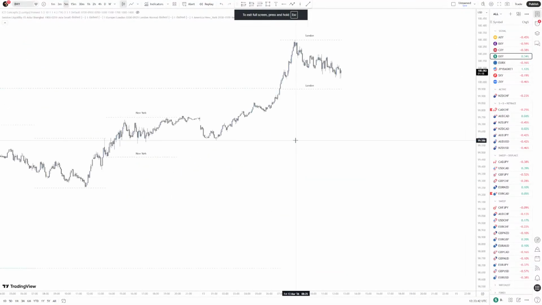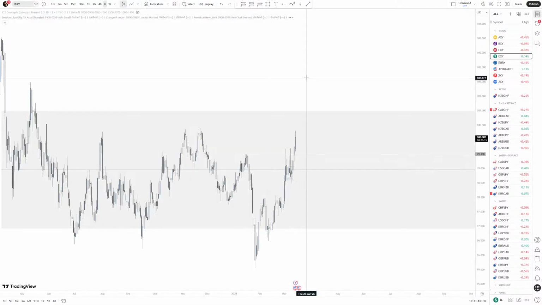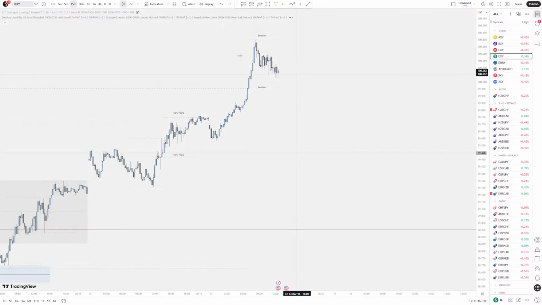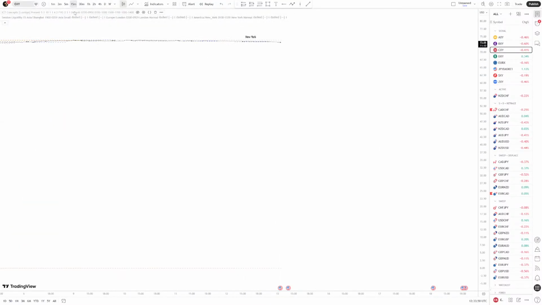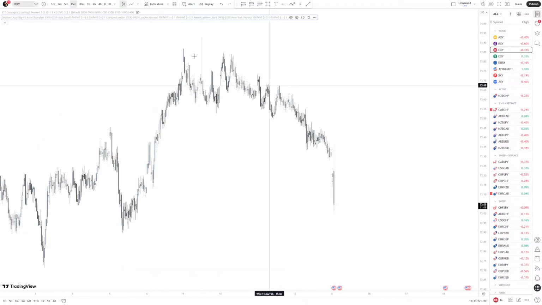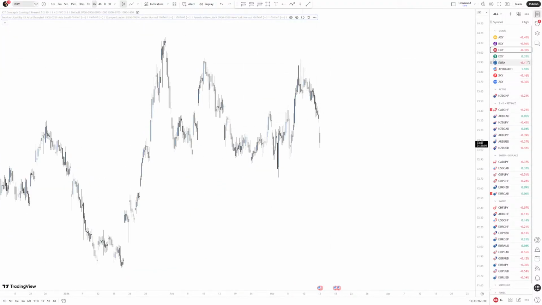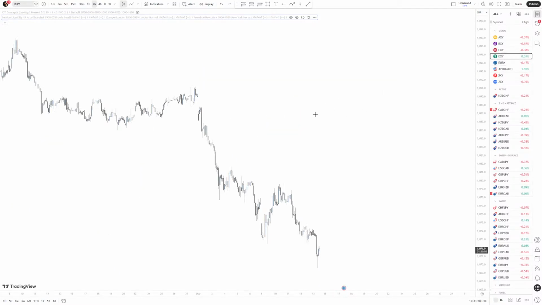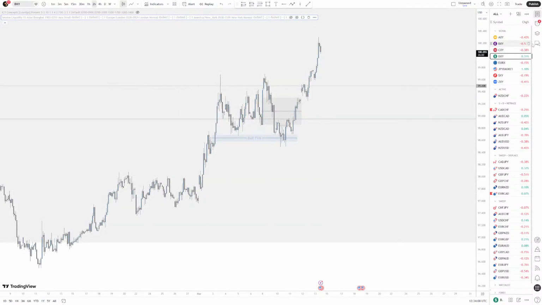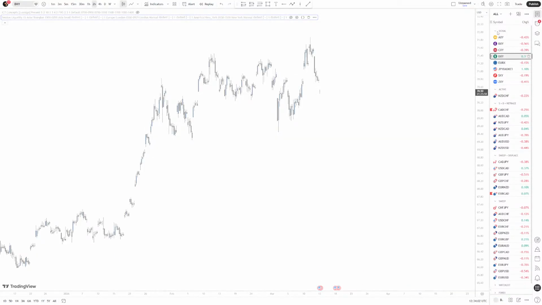So let me have a look at DXY. It doesn't seem like there was a big reaction on DXY itself. On CAD, let's see. Let's remove the indicators for now. Okay. So there's a big drop off on CAD. DXY had a little drop off, nothing crazy. So it's not even USD that's really